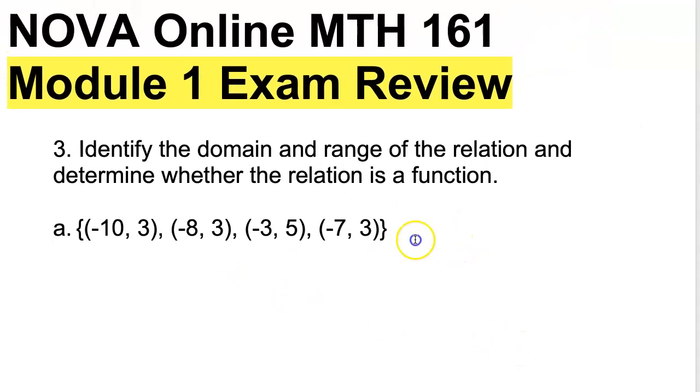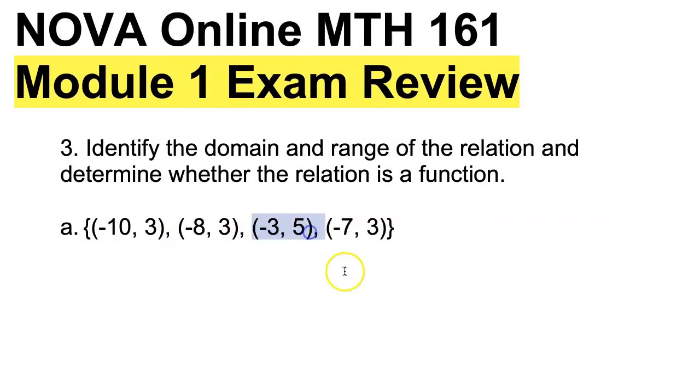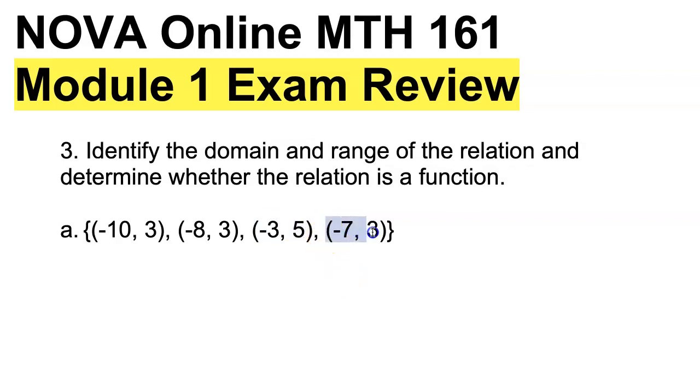So here is the first set of ordered pairs for you. For the first point, I have negative 10, 3. Second point, negative 8, 3. Third point, negative 3, 5. And the last point is negative 7, 3. So I read all those ordered pairs, but if you want to find the domain and range first,